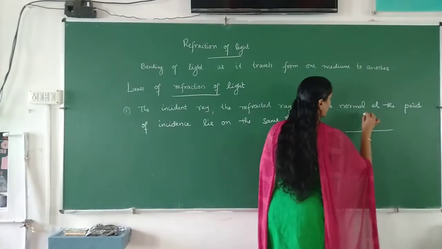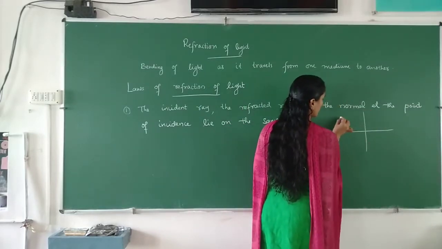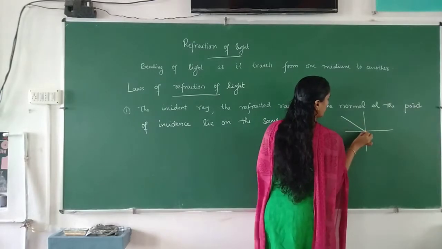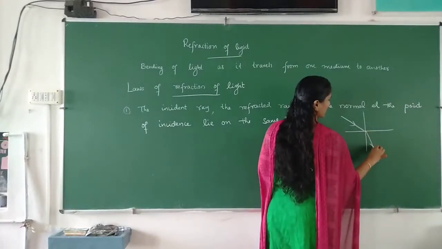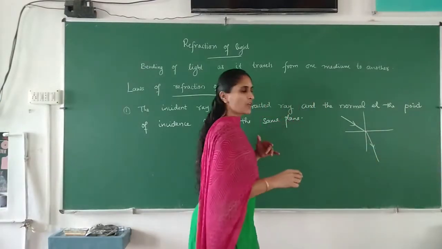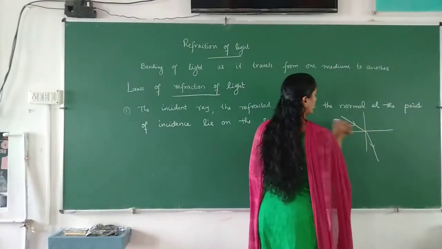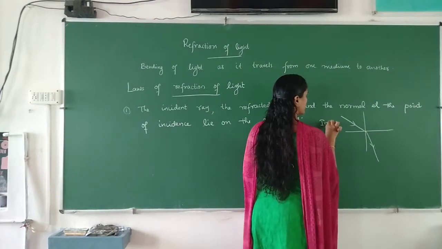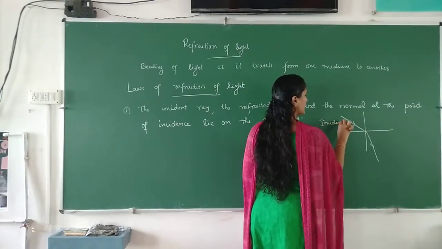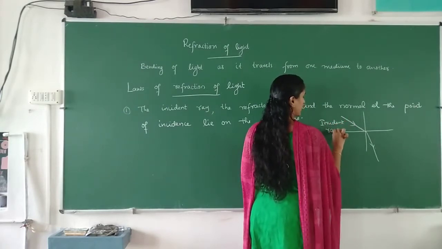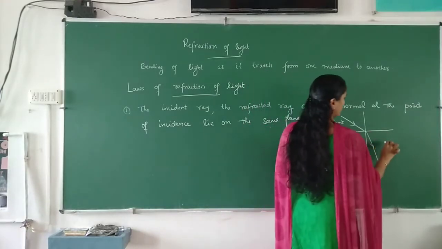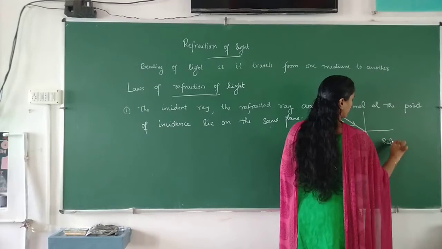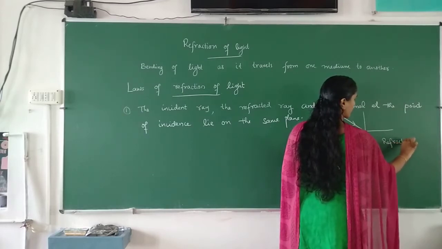We are considering light travelling from one medium to another medium, and it is bending like this. This ray we will call the incident ray. The ray which is incident on the surface is the incident ray, and the ray which is refracted into the second medium is the refracted ray,